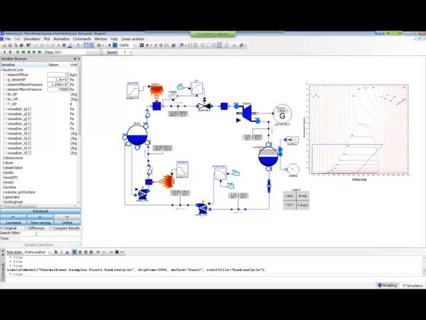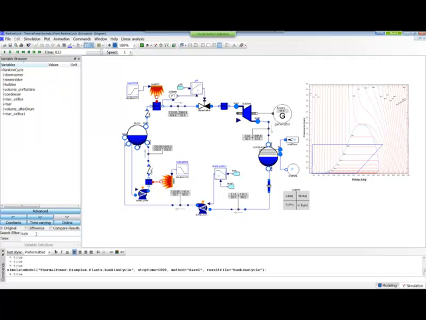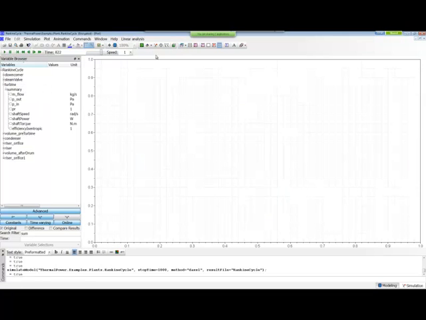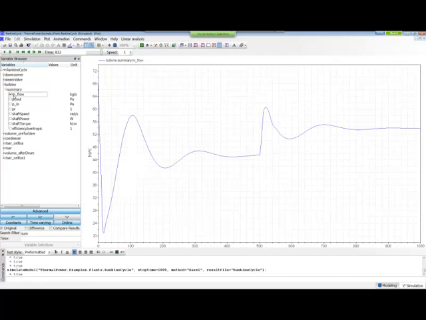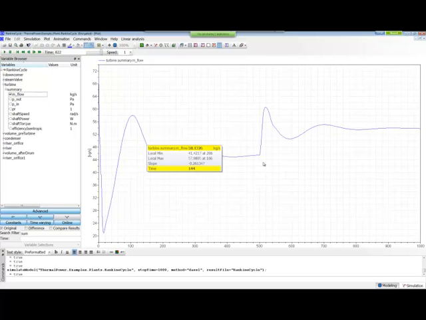Most of the components in the thermal power library have summary records, so you can filter for some. So for example, we can go to a turbine. We can go to the summary variables here. We can plot the mass flow, etc. And at point 500, you see there's